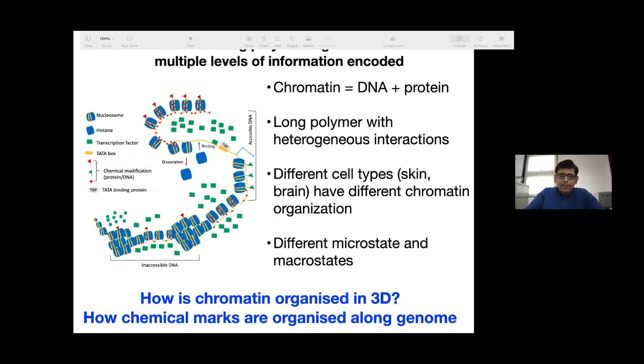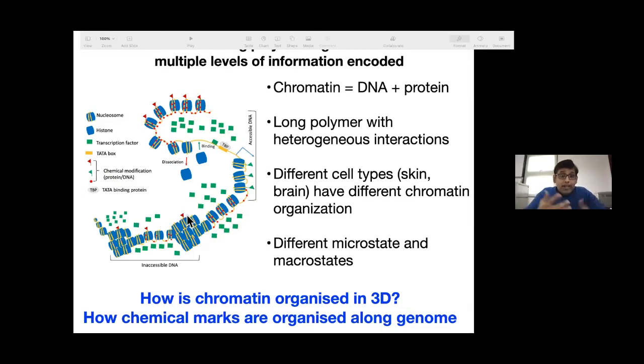Now, what is chromatin? Chromatin is essentially DNA plus protein. As you can see in the cartoon on the left-hand side, the yellow curve is the cartoon form of DNA, which is wrapped around many proteins. These blue proteins are an octamer of histone proteins, and the DNA wrapped around them forms nucleosomes. This is chromatin, and it can be packed in different ways. At the top, chromatin is loosely packed, and at the bottom, it is packed more tightly.